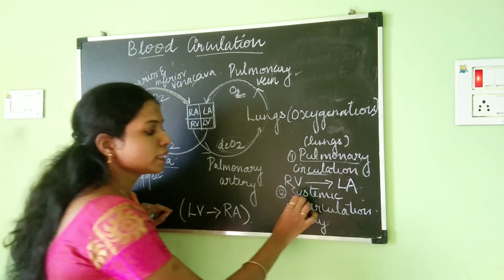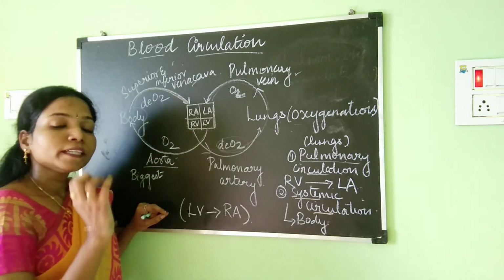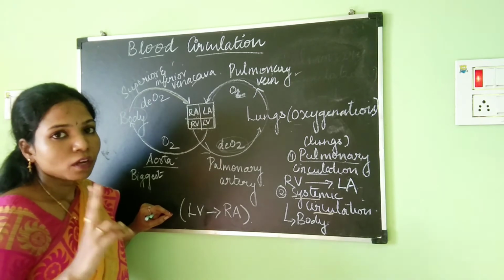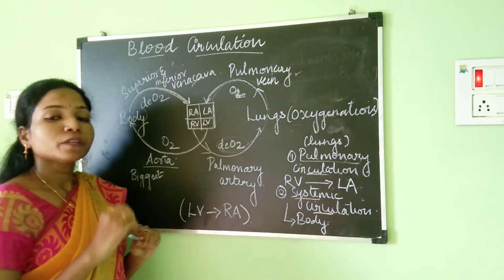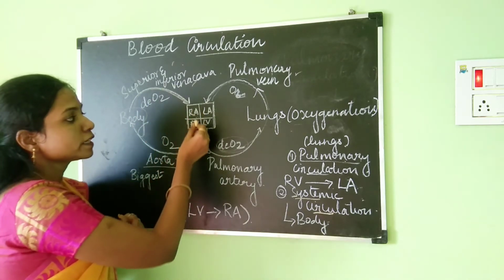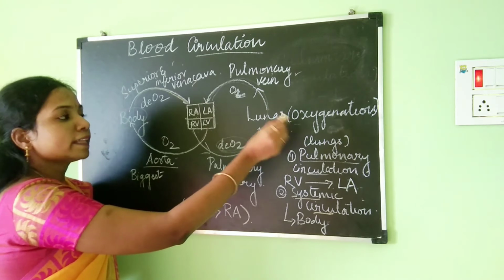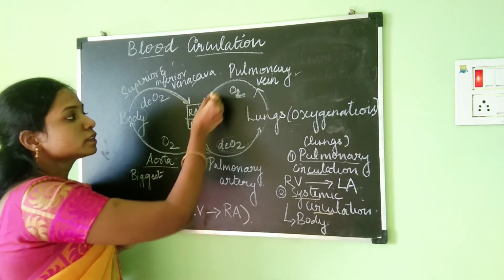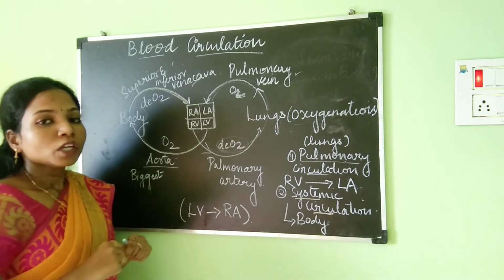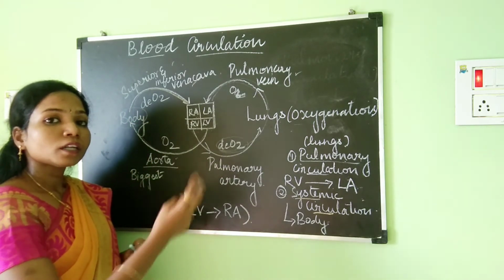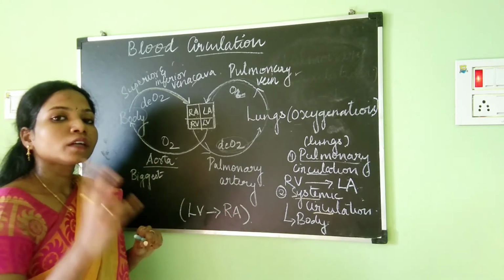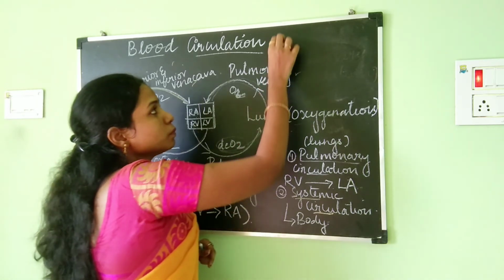So this circulation, from the left ventricle going on till the right auricle, is known as systemic circulation. Here, if you see, in the human heart, the blood is entering into the heart twice. Once from the body it enters the right side and goes into the lungs, and the second time from the lungs the blood enters into the heart and then goes into the body again. This type of circulation, where the blood enters into the heart 2 times, is known as double circulation.